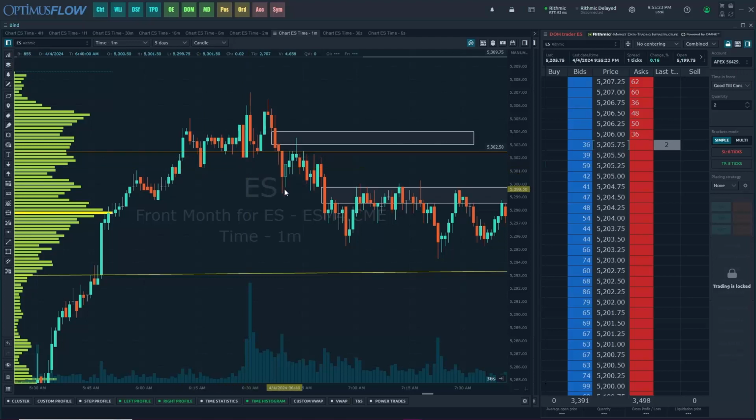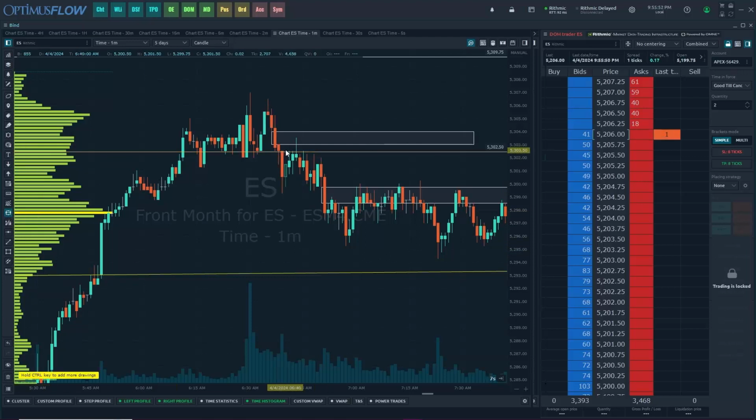So if we were anticipating for this low to be taken out, and this was a valid break in market structure, and we did enter here, we could essentially put our stop above this high, anticipating that it's not going to make another high, and put our take profit below this intermediate low, anticipating that it will make a new low. And in order to do that, or to measure,